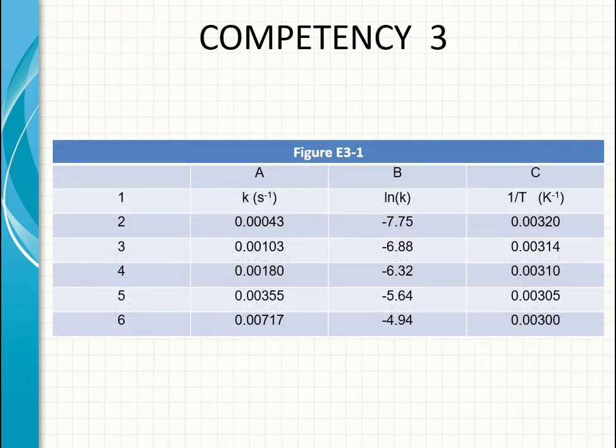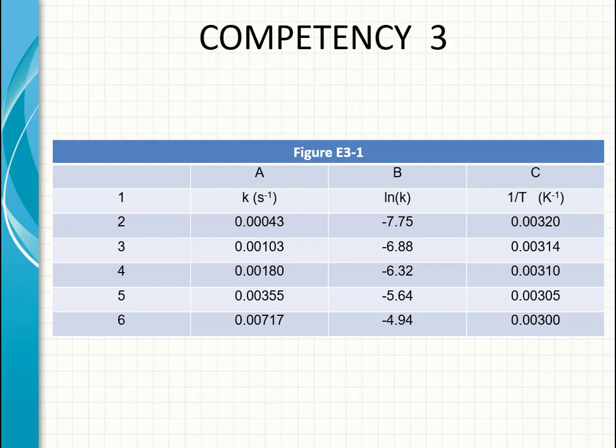So here we have the figure E3/1.1, in which we have the different values of k. In the column number 2, we have different values of k that go from 0.00043 to 0.00717. Then we have the natural log of these values of k, which goes from -7.75 to -4.94,